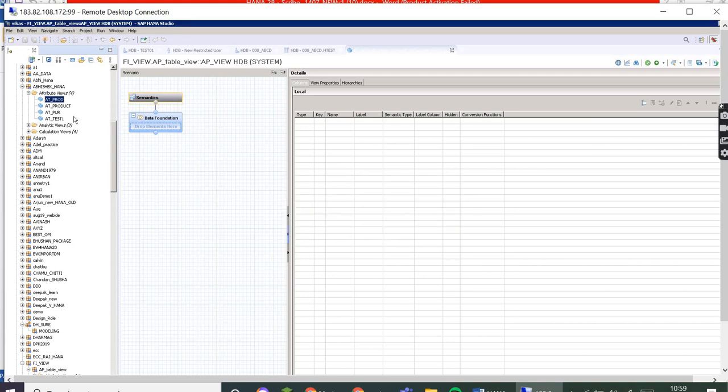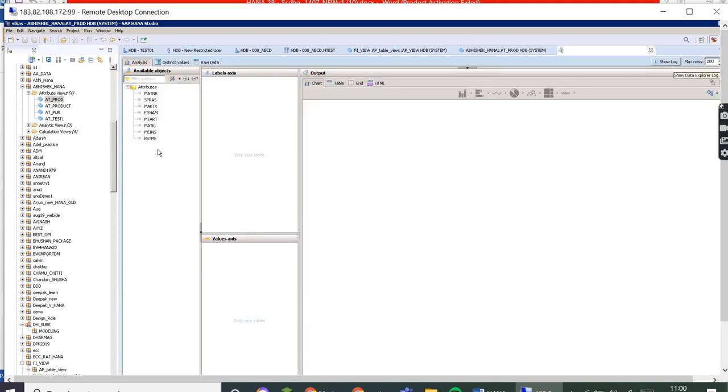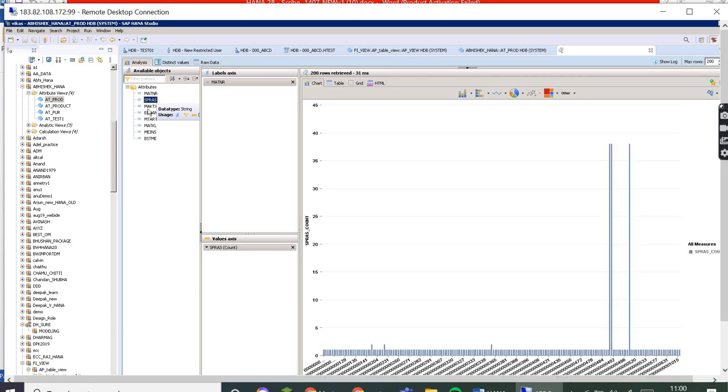So if you see here, these are the fields and these are the two tables used for generating this view, okay? And these fields are considered to generate the view. If you want to see what data is available here, you go here and here is the place, data preview. So these many fields you have access to, and how you want to generate the report, you just transfer the data here, and this is your x-axis and this is your y-axis. So the field you want to add, this will show you the data in this format, for example.